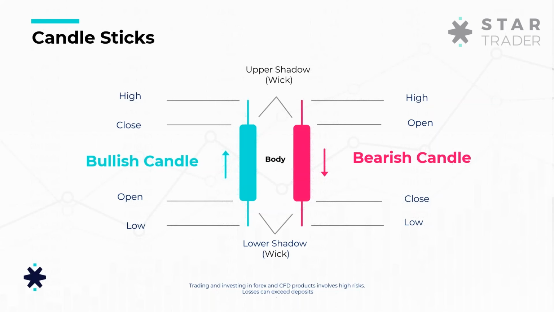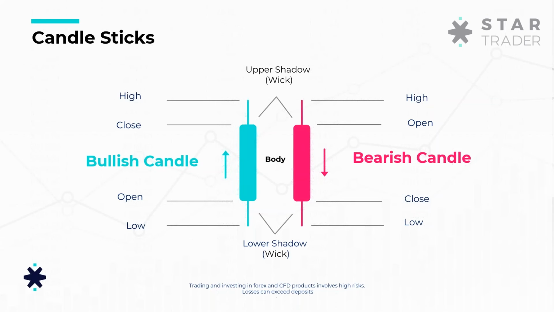For a bullish candle, the difference between the close and high usually is called upper shadow or upper wick. So the upper wick or upper shadow shows us the difference between the close price and the highest price that happened in the market. Does that mean that we always should see an upper wick? No, because sometimes the market might close on the high price, so that the close price will be the high price. That means that we won't have the upper shadow.